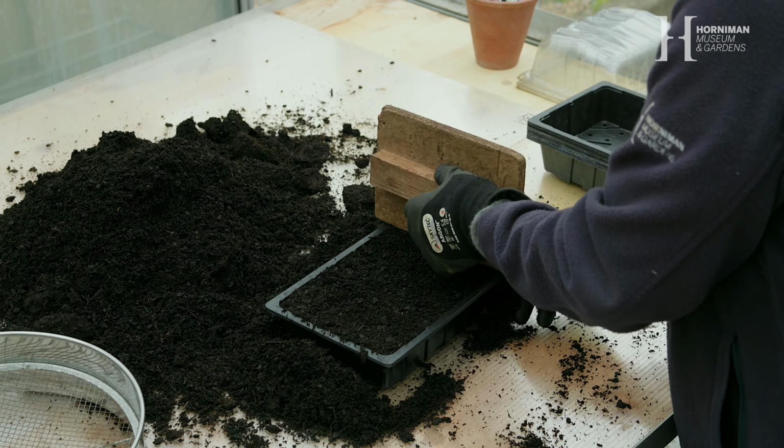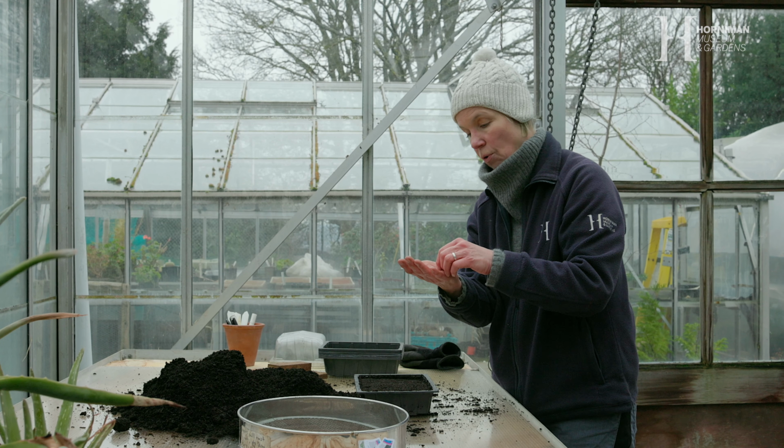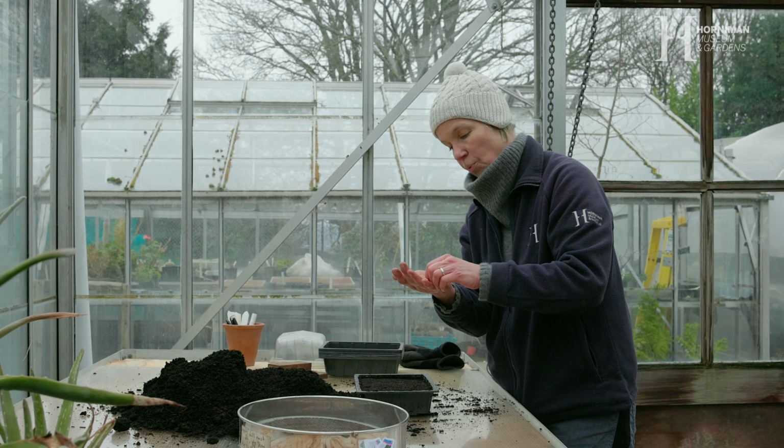So now I'll just take my gloves off because it will be easier to handle the seeds. Tomato and chili seeds actually have quite a similar size. The plants are from the same plant family, Solanaceae. And I just put these into my hand. I think that's probably about 20 or so seeds. I don't necessarily need to sow them all, but what I do is I just take a seed